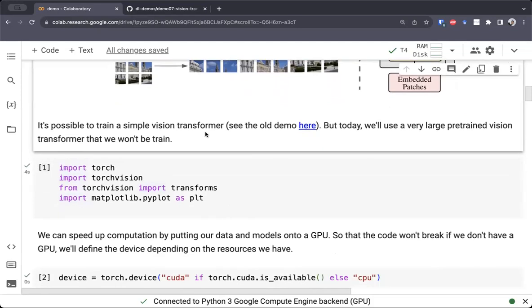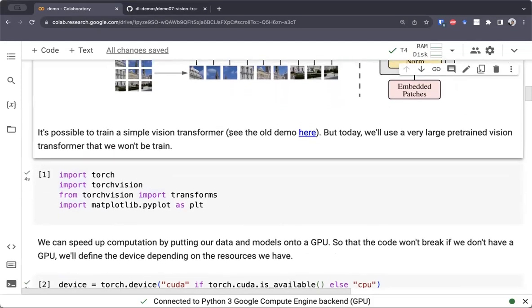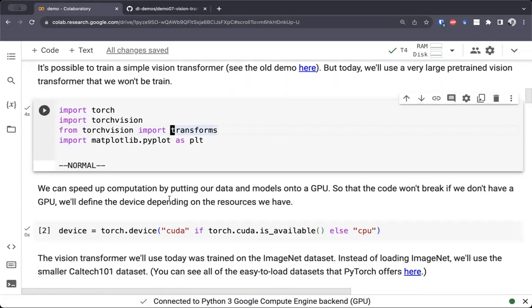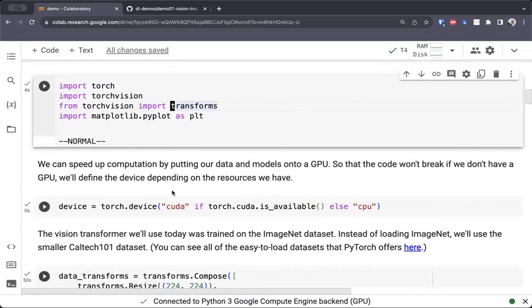Unfortunately, it is possible to train a simple vision transformer from scratch. That's not what we'll be doing today. We'll be using a pre-trained version of this. If you're interested in training it from scratch, there is an old demo which is linked right here that you can check out. Today, we'll be using a